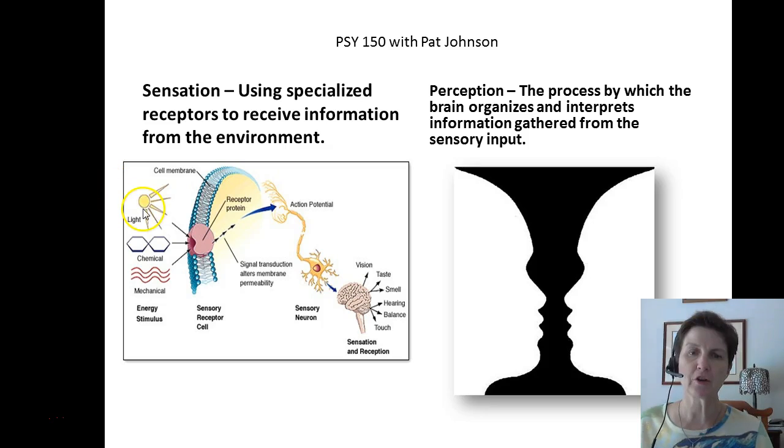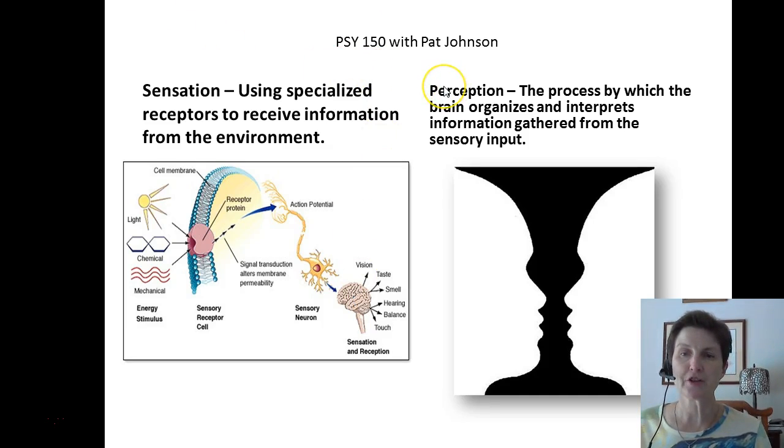So we can see here that it could be light energy, it could be chemical energy, whether you taste it or smell it. It could be mechanical energy, such as feeling sound waves or wind, feeling a breeze, and that is transmitted to these specialized receptor cells that are specially formed to be able to change that energy into an action potential and make a neuron fire, and that goes to the brain. So sensation, biological, getting information from the environment and transmitting it to the brain to be interpreted.